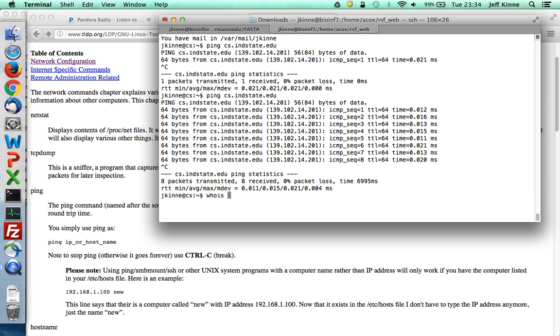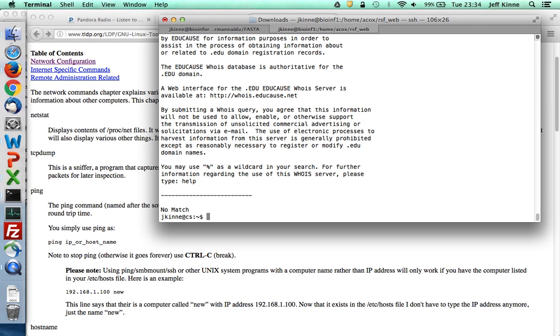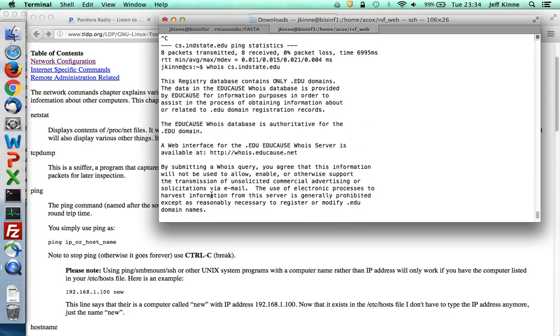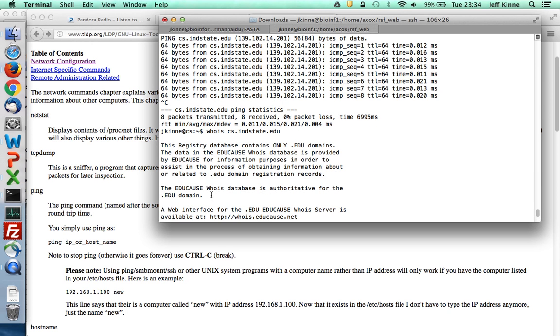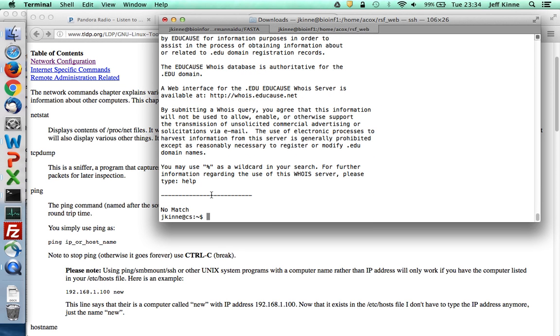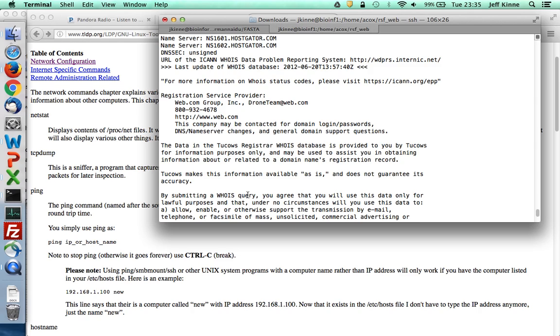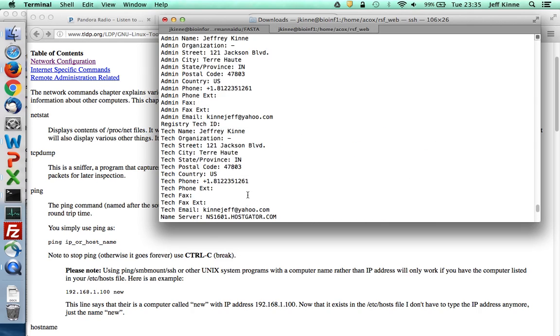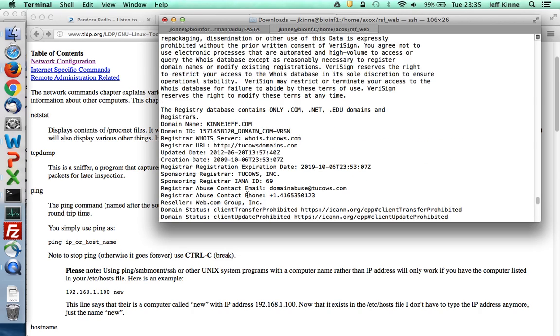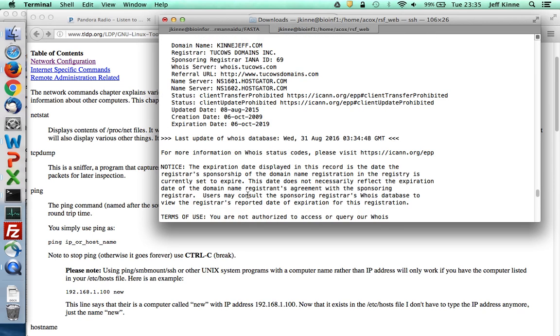Okay, so the whois command, there's no match. So this looks for a DNS entry for cs.indstate.edu. That doesn't show up. Let's look up kennyjeff.com. And if we go back up, this is information that shows up for